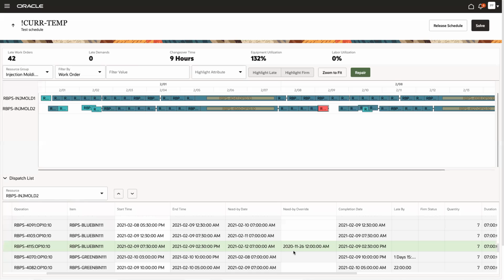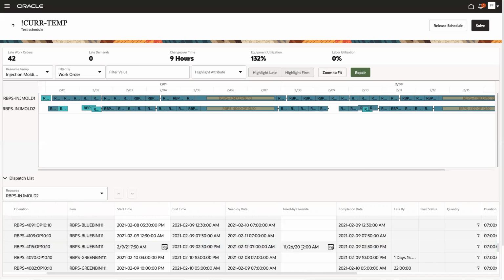And next time I run a solve, the underlying algorithms will aim to meet this state instead of the one a week earlier. Well, actually, this is in the future, so that date is actually a little bit too early.